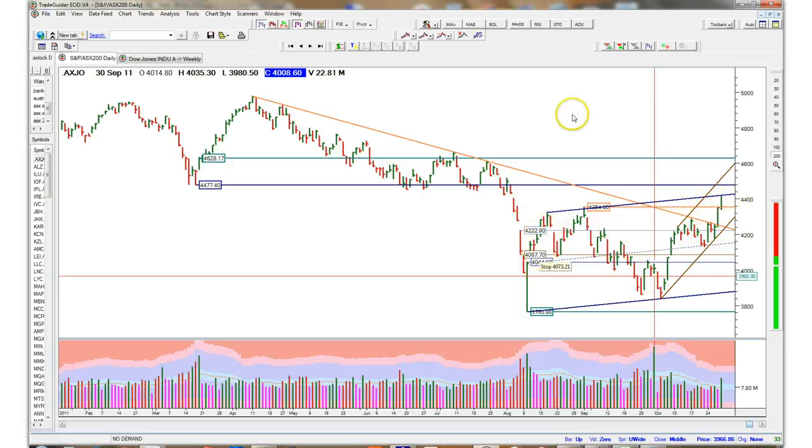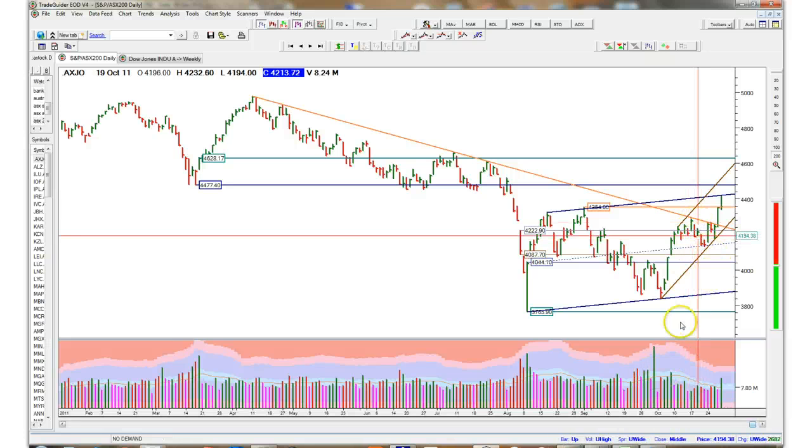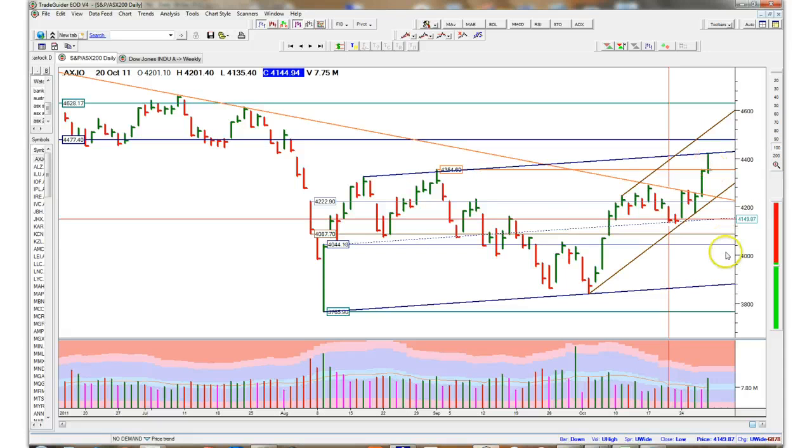So you'd expect that they want higher prices to be able to offload that stock, and they might need some buying pressure to do that. And to get that buying pressure, they may have to drag it up higher to attract the public back into the market, because I think they've taken out quite a bit of the public in this area here, and that's why we've been able to rise on lighter volume going up, because there's just been no selling pressure at all. And I think that's looking okay at the moment. It's just the last bar is a problem, and I expect that to come back, and then we'll see